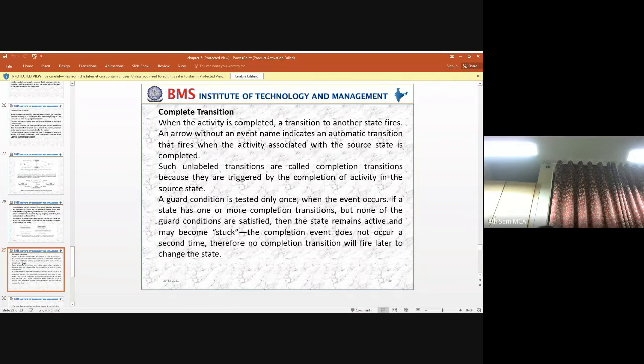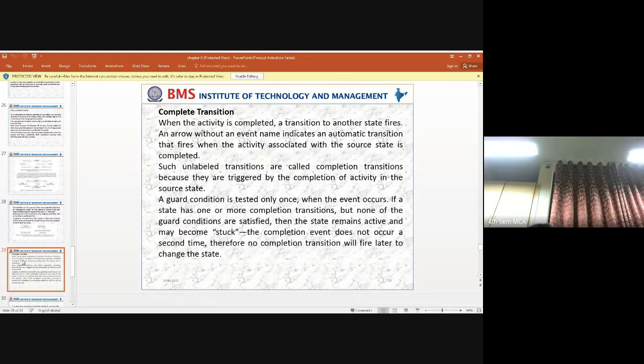That means from the entry state, if there are 5 to 6 states that you have written, the object has to go through all the states until the final state. That will be taken care of by using the automatic transition. And that is, we identify which is our source state, and from the source state till the destination, or the target final state, how the transition is going to be carried out.